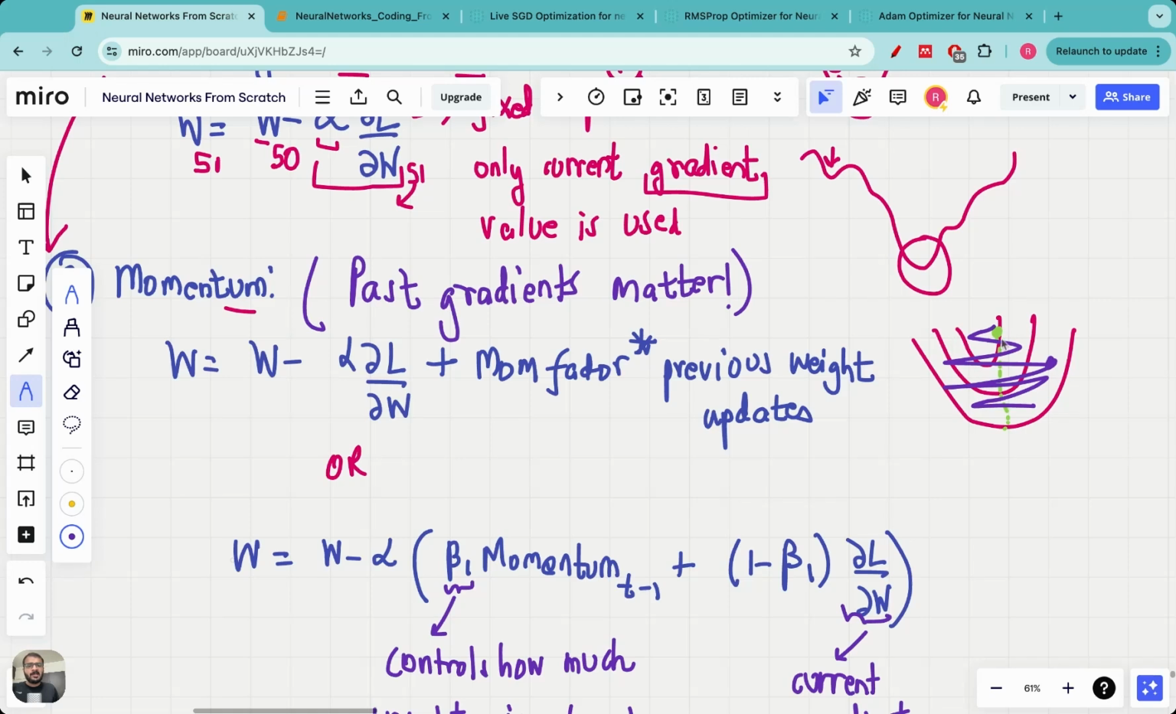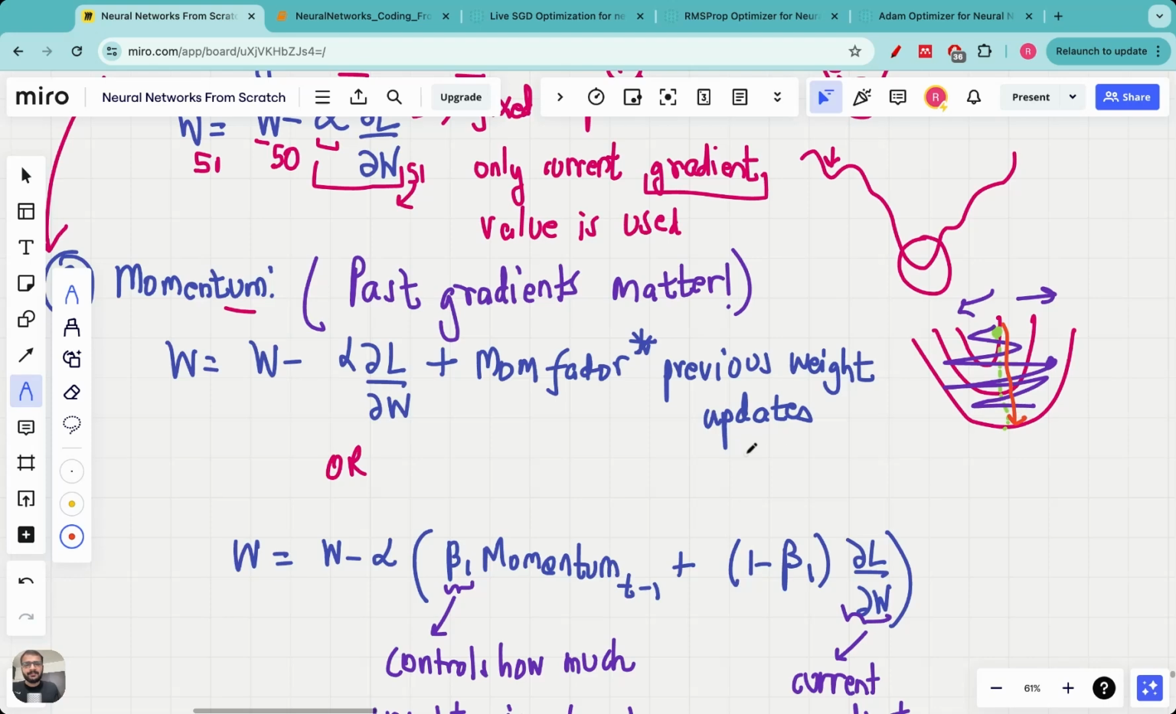And when you give precedence to the past weights, the directions in left and the directions in right cancel each other out. And the only direction which survives is the direction vertically downward. So if we use momentum, it's more likely that we get this streamlined descent towards the minima and we reduce